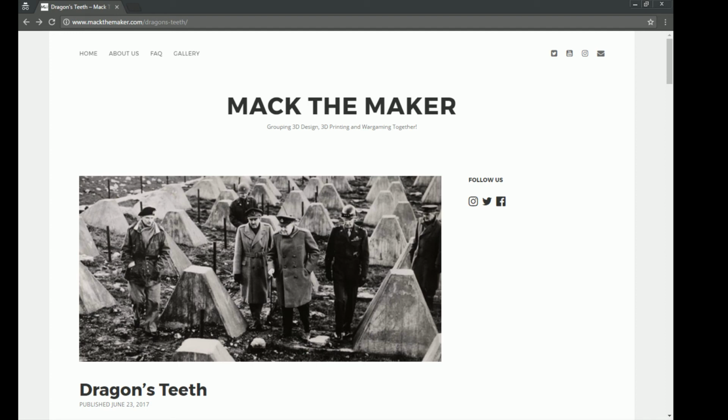I'm Mac the Maker, and today we're going to be following up on my previous video in the Learning 3D Design for Wargaming series with a new video talking about how to use TinkerCAD to design some Dragon's Teeth tank barriers. So you can see I have my blog page up here that I posted today after way too much